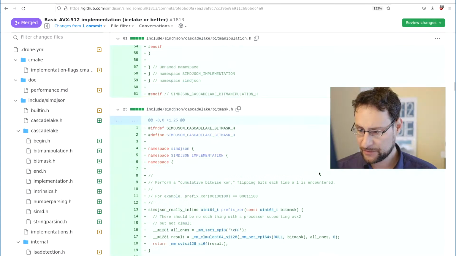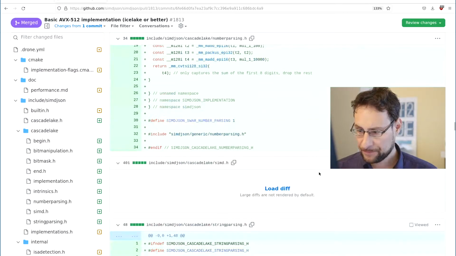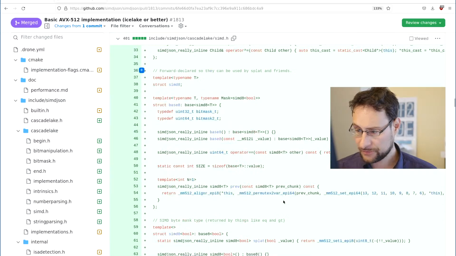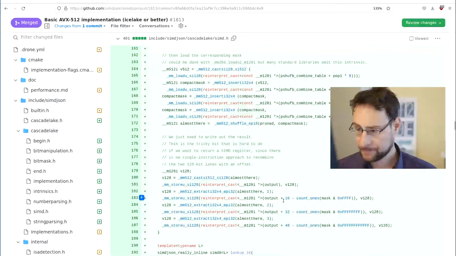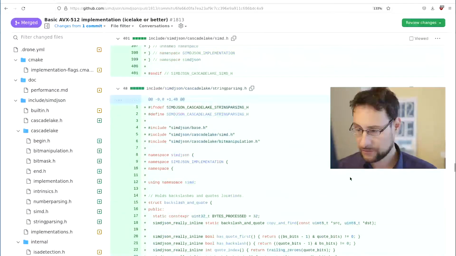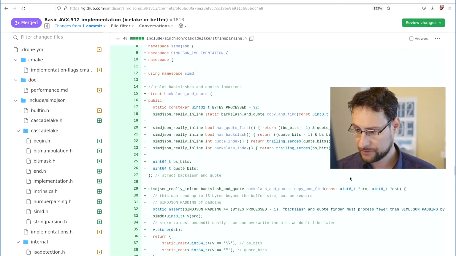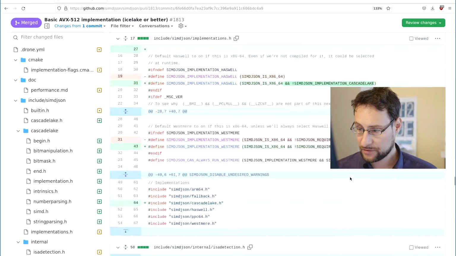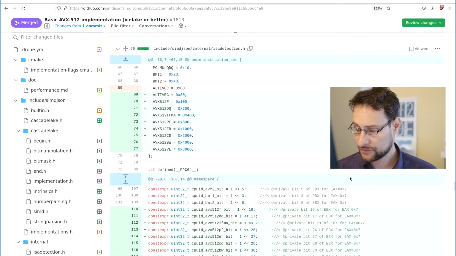Okay, yes, some SIMD. Load full diff. I wish there would be a load-all-of-the-diffs button so that I don't need to be so careful scrolling over that. So lots of the stuff is also dispatching.